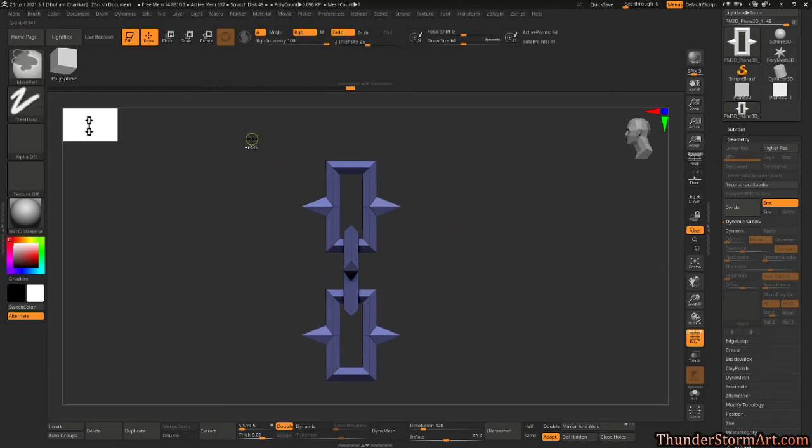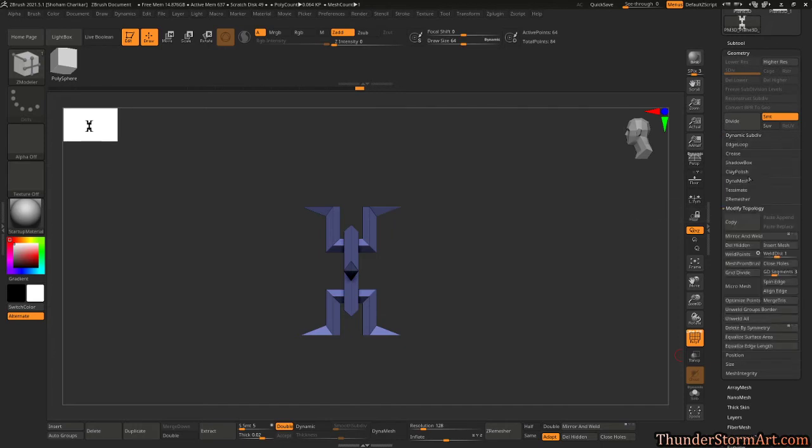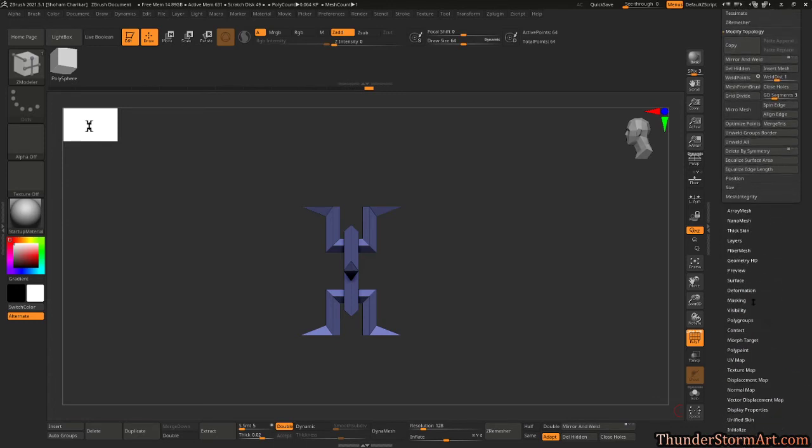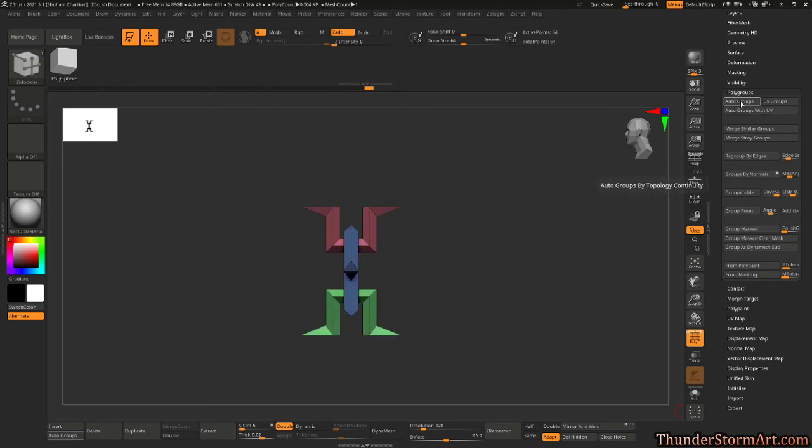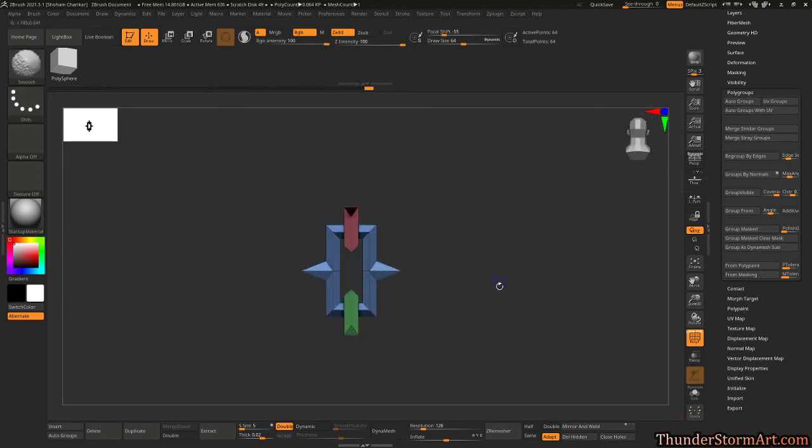I want to make sure, Control Shift Alt on the faces that I'm not going to need. Okay, going to Geometry, Modify Topology, and Del Hidden to delete the hidden ones. Next, I have my custom interface over here, but you want to go to Polygroups and Auto Groups right here, and I'll give each one a separate color, which is useful for what we are going to do next, which is